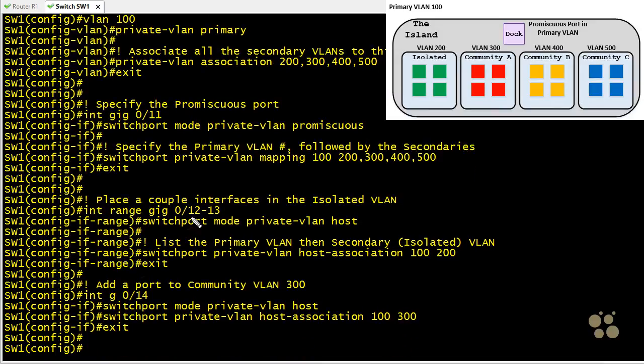So the big difference here between ports 12 and 13 and port 14 is that we've linked port 14 to the secondary VLAN of 300, which is a community VLAN. So the good news is for this port, any other ports that are also part of VLAN 300, they'll be able to communicate with each other because they are in the same sub-VLAN or same subdomain or same community as